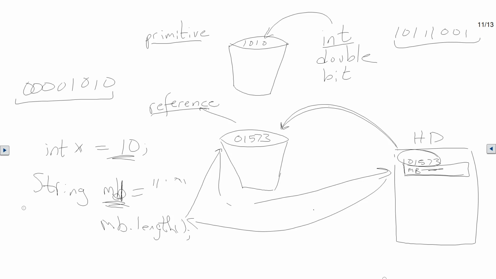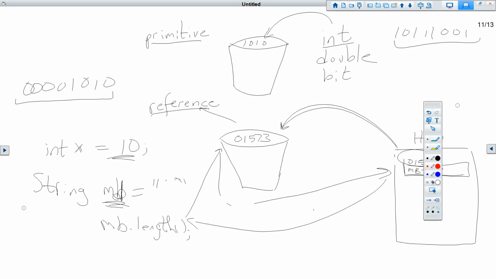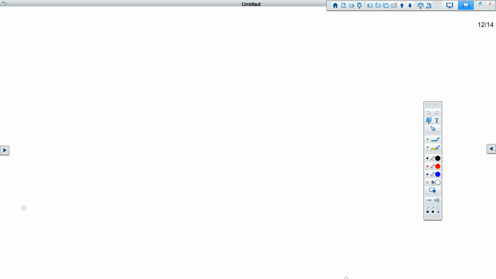Other questions? Do variables need private? Yes, they do. All of them? No, not all. So remember, if I have a public class Student, and I have instance variables, I want you to remember this: instance variables are the variables that belong to the class. These need private or public, right? So private